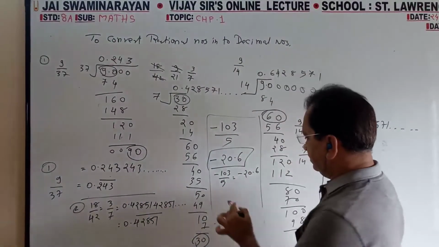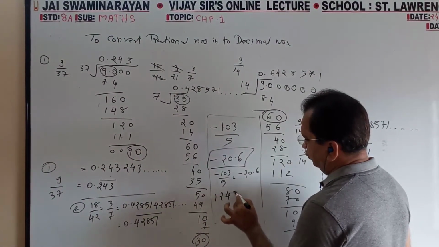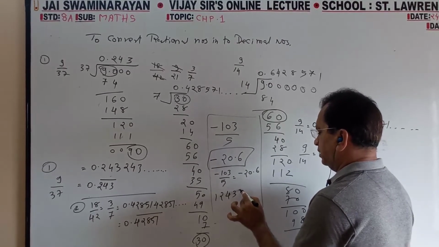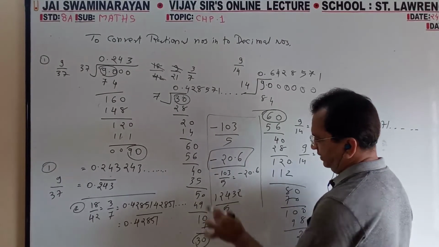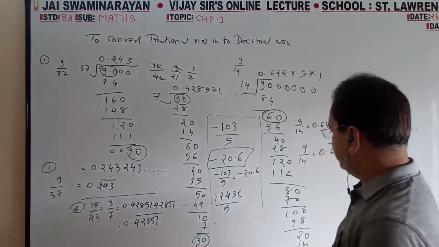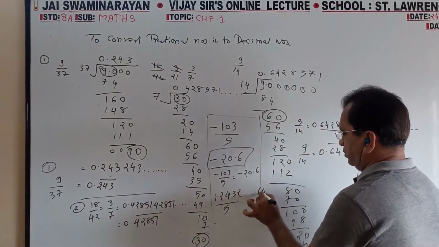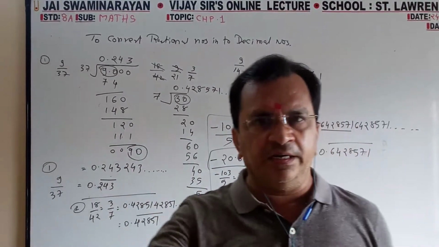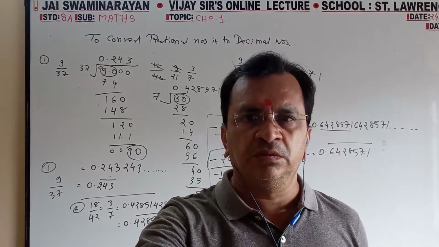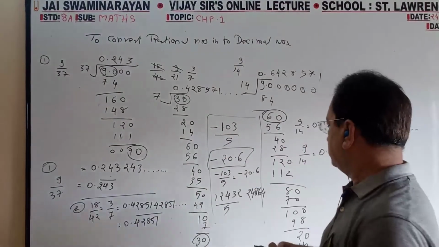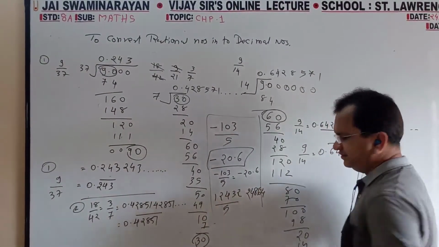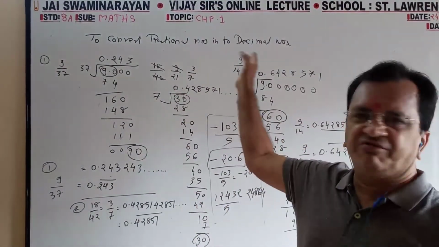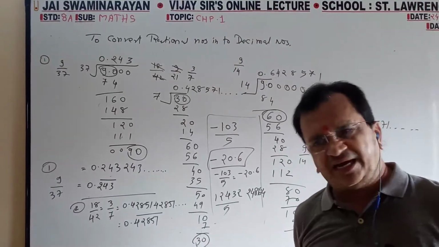Whatever be the figure, suppose it is 1, 2, 4, 3, 2 divided by 5. Make it double: 4, 6, 8, 4, 2 and cut one decimal from the back side. So this is your divisible by 5. At that time no need to divide this individually. But that also you will get the same.